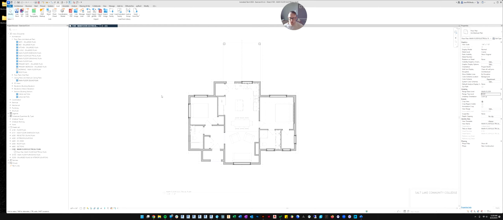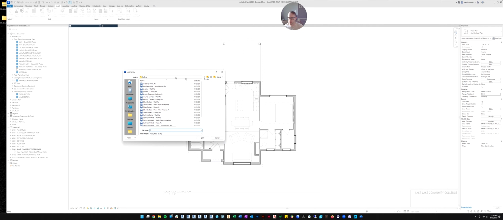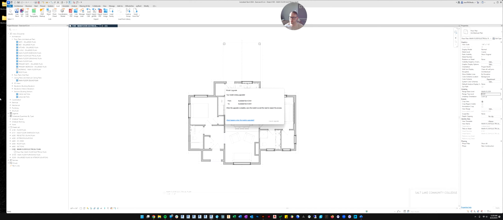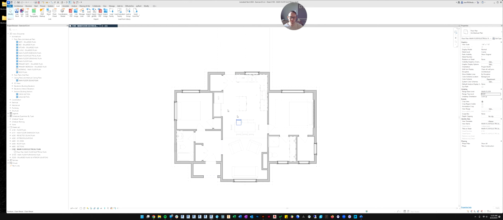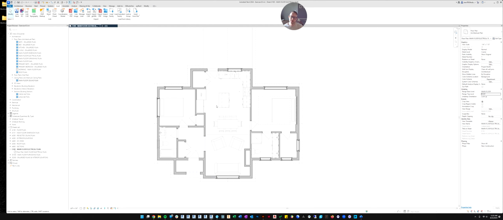All right, once those are loaded, let's also go back to Load Family and grab all of the light fixtures. Again, there's a bunch. You can sit here and pick which ones you want to use and which ones you don't. I'm just going to select them all and load them, and it's going to take a couple minutes. So I'm going to pause and wait till they're loaded. Okay, so now we've got our lights and our outlets and our switches loaded of the new, better families. All right, it's going to work pretty much like before.